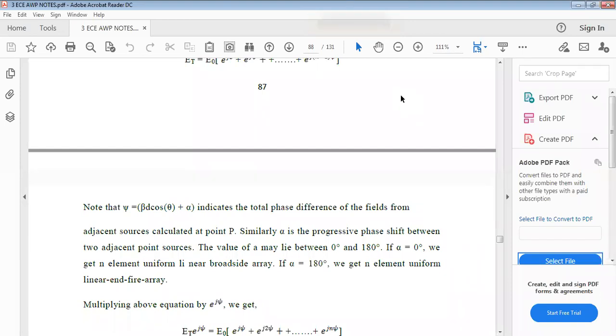The arrays are classified into four types, based on how they are connected. If the antenna element axis is perpendicular to the array axis, then it is said to be a broadside array. That is, the radiation pattern direction is perpendicular to the main axis of the array, not the antenna element axis. If the radiation pattern is along the main axis, then it is said to be end fire.